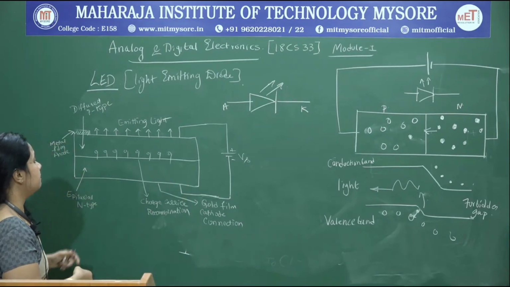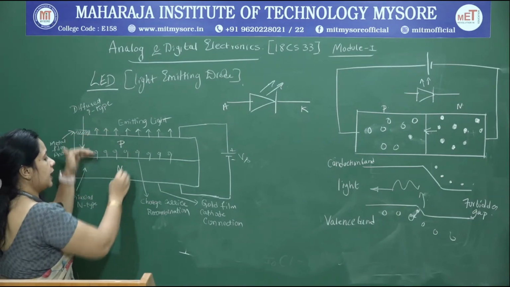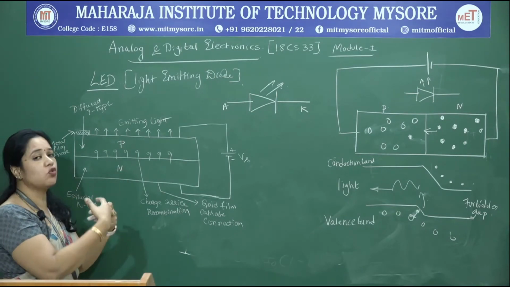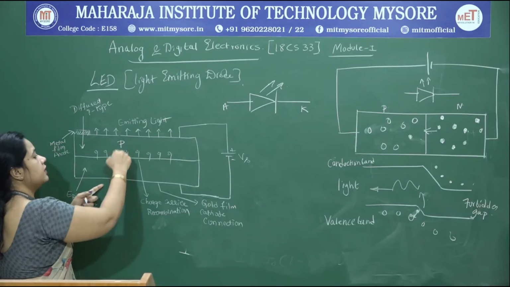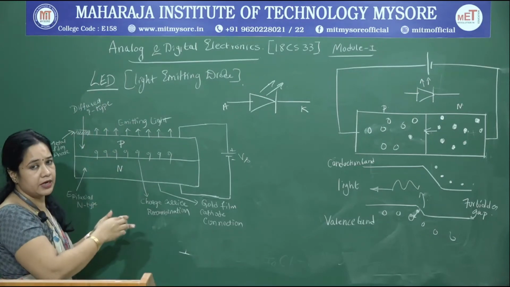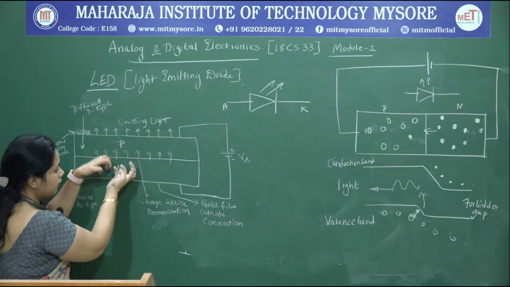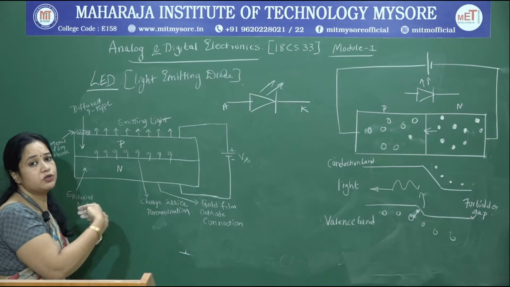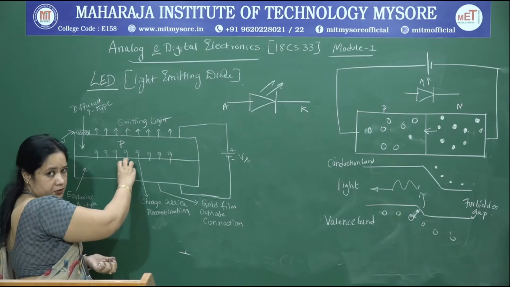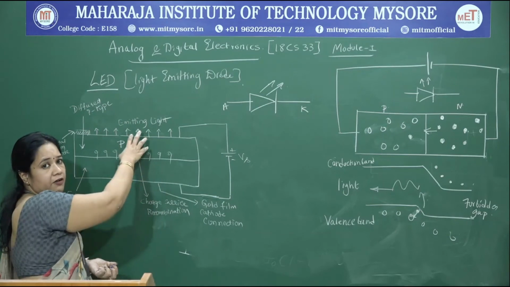And please note, we are always putting p type onto the n type, because electrons diffuse into the p region, electron hole combination is formed, and the light starts emerging from the p type semiconductor. If you put it the other way, n over p, the light will be emitted from the p region and you will not be able to see the light rays. That is the reason we always put p type material on the n type material, so that the light which is emerging out of the junction is made visible.